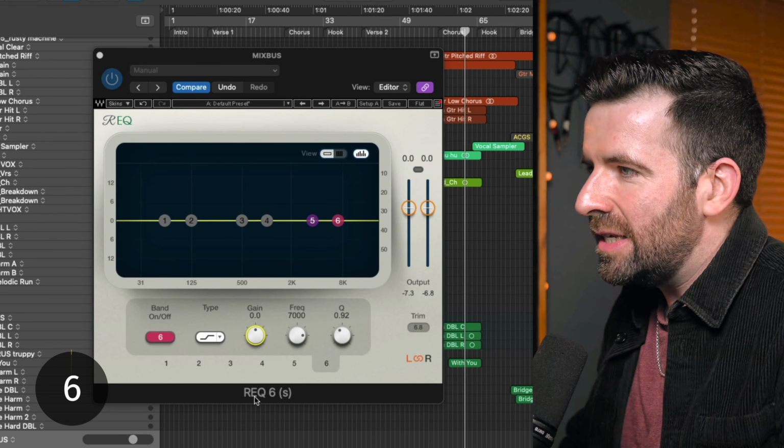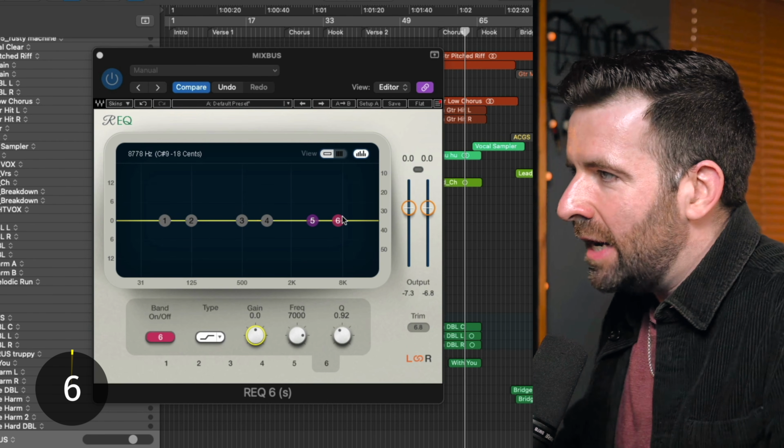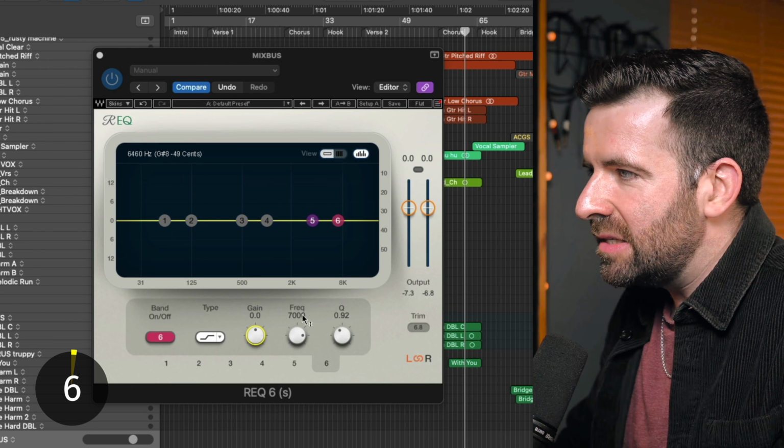Now with my EQ tip, I'm going to show you how to bring some air, some clarity and some smoothness to your entire mix, whilst also removing harshness, all with one very simple EQ move. So what we're going to do is insert an instance of the REQ6 across the entire mix on the mix bus. Then I'm going to head to this band 6 over here, set this to 7K,